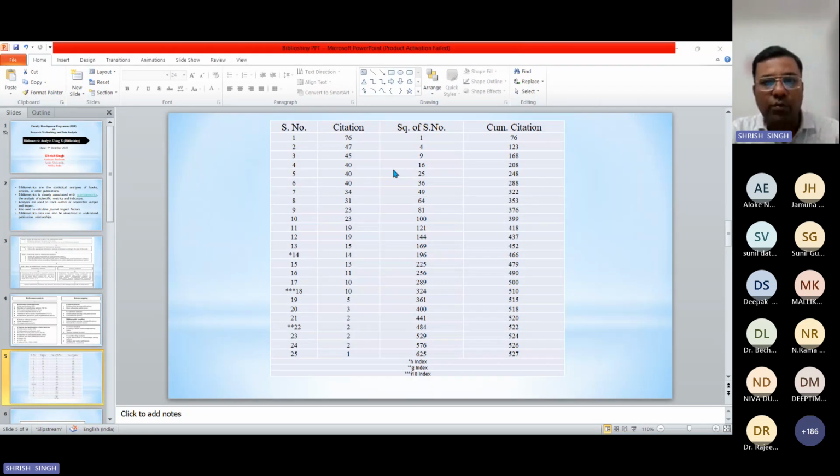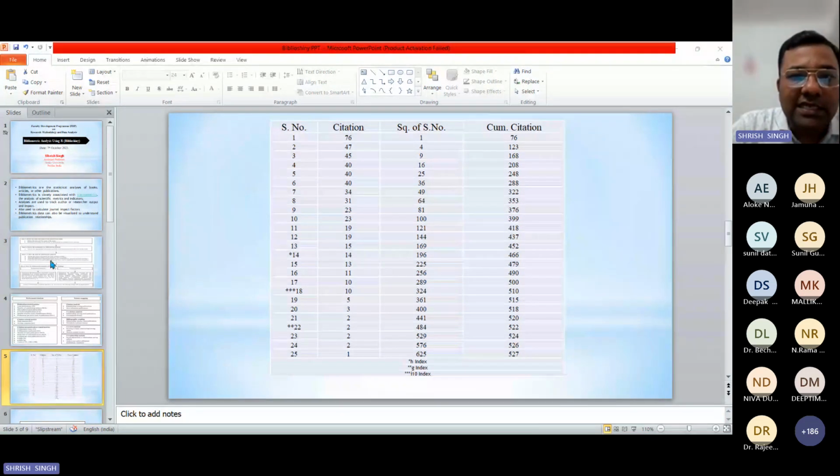But here, I just want to make one thing very clear: whenever we use science mapping, we can use some sort of matrix or author metrics like H index, G index, M index. So what is the understanding related to these? First of all, I want to make this thing clear to all of you. If you know it, it is good. If you don't know, try to understand here, and if you have any doubt, you can ask at last, right? So as far as the H index is concerned,